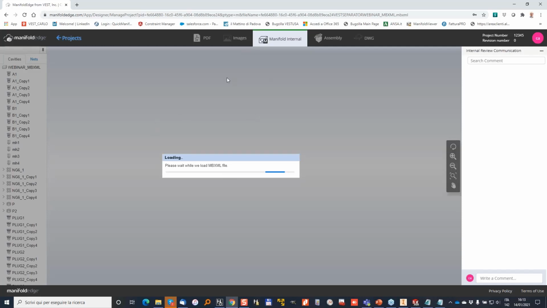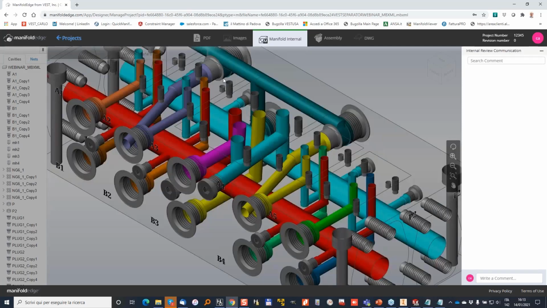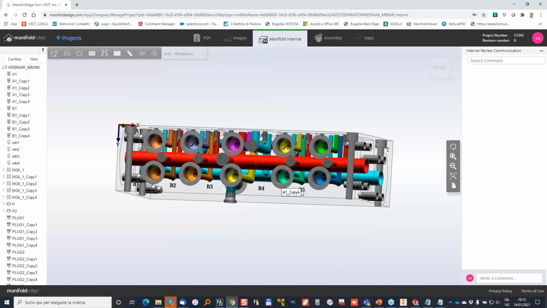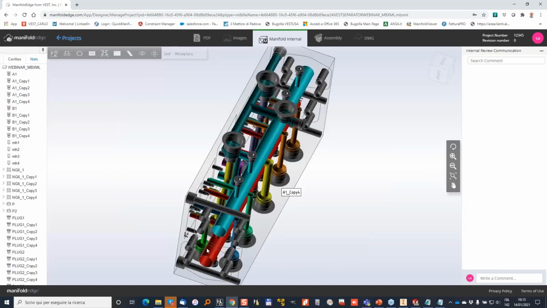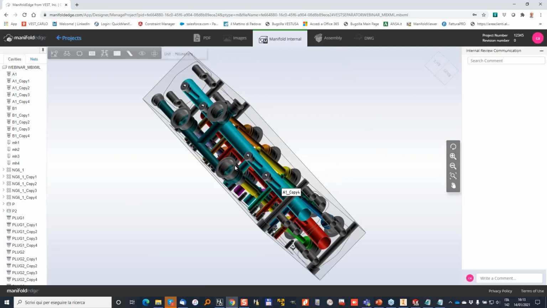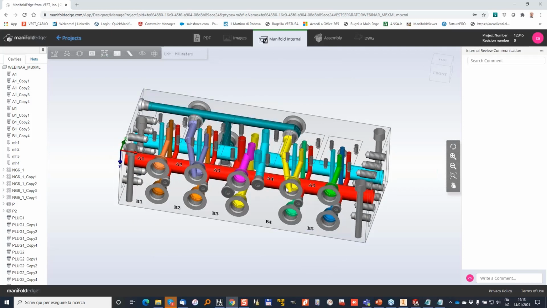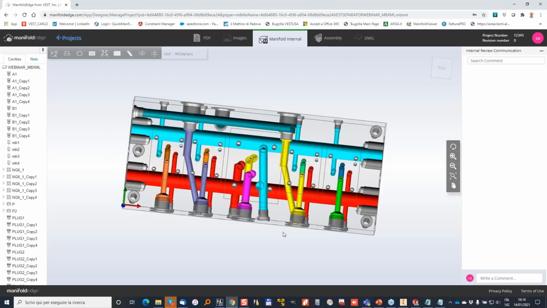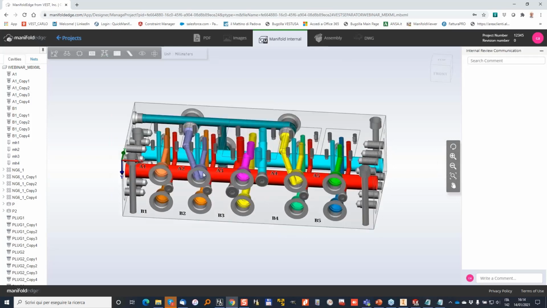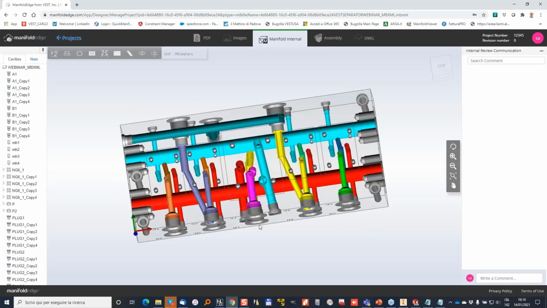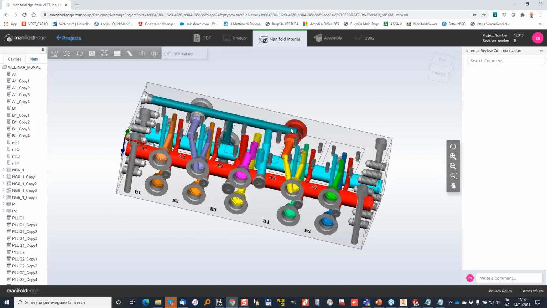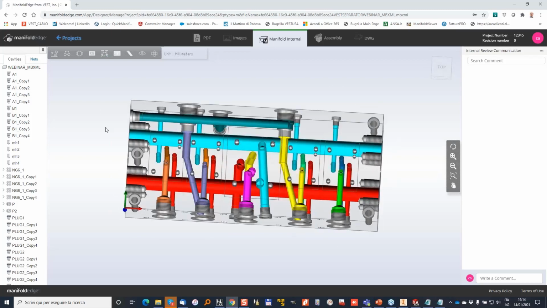So now I'm loading a viewer, and in this case I don't need any CAD application. And as you can see, that is the exact same block that I designed during my last MDTools webinar, that today I opened and created this Mbxml file, and now I can view on a browser with all the information. This online viewer can take all the information that is in the XML file from MDTools,